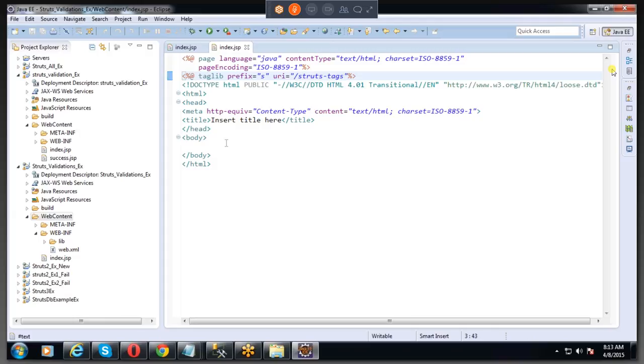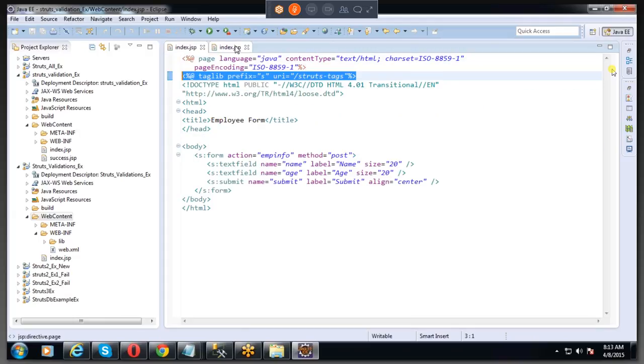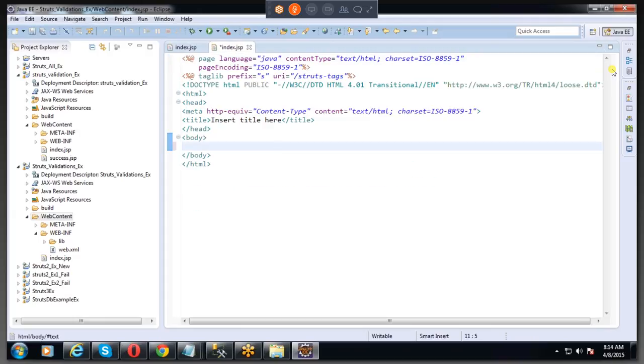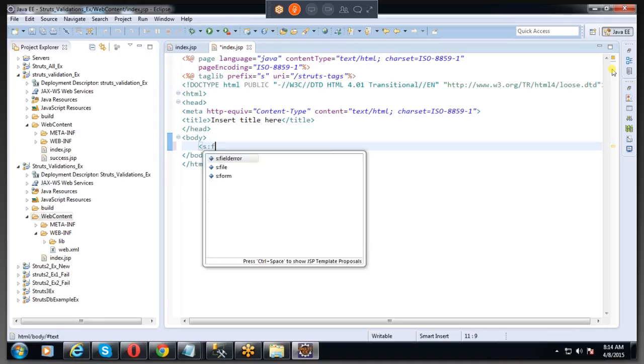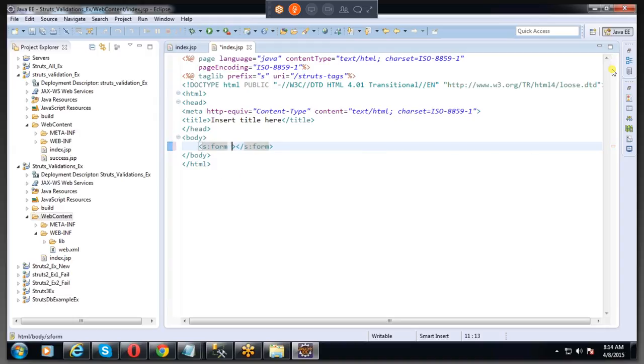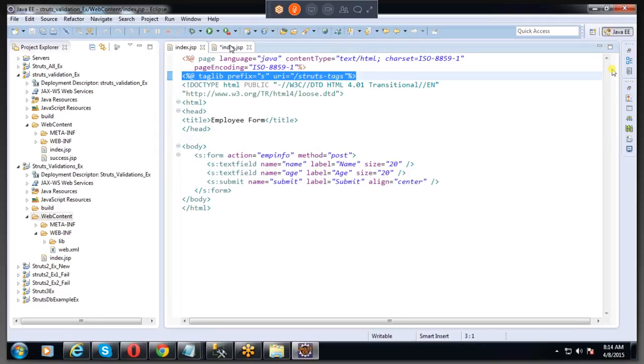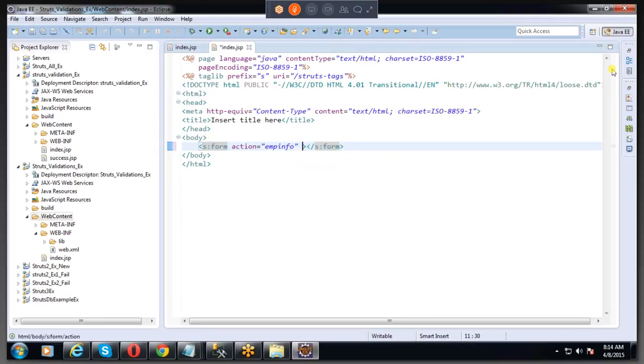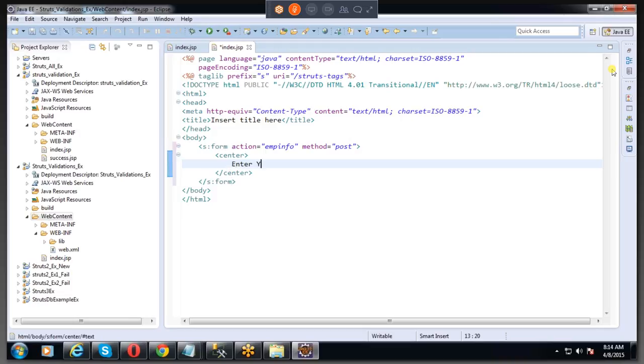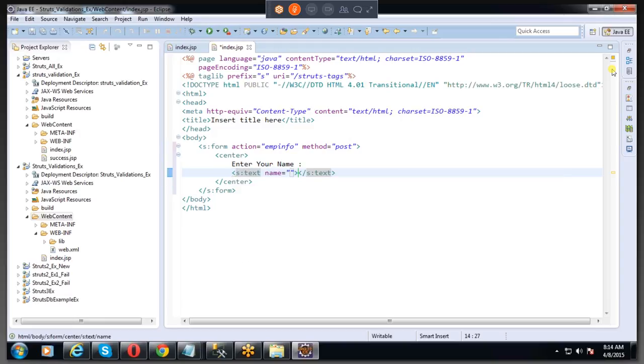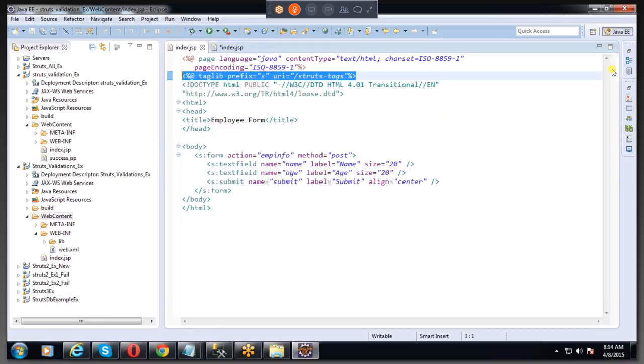So this is the first one we have here. Now after that we have the form, action equals to empinfo, method equals to post. Now after that we have center, and just write here: enter your name. Now I want to place the text box there. So s:textfield name equals to